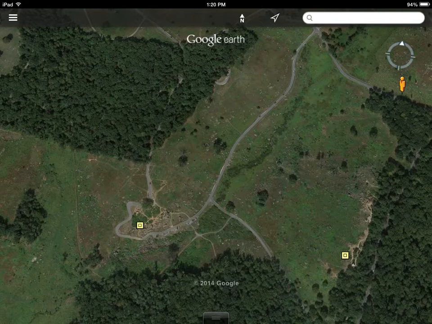So I went into Google Earth, I looked up the Devil's Den area, and then I took a screenshot of that. So I held the home button and the power button and took a screenshot. I then went into Explain Everything and loaded up this image that you see here on the screen. From there, you can have a rubric that says students have to identify key